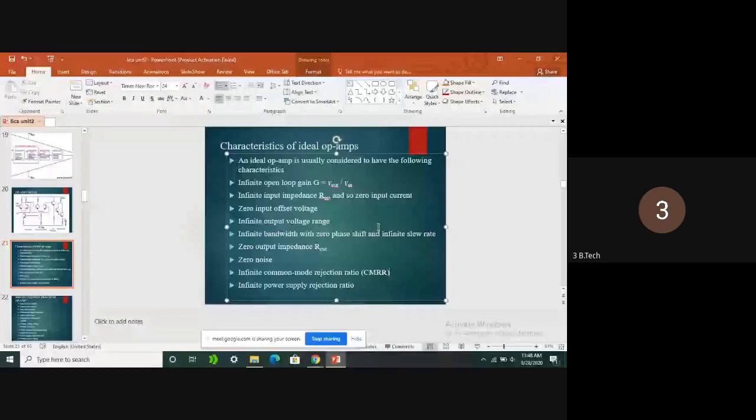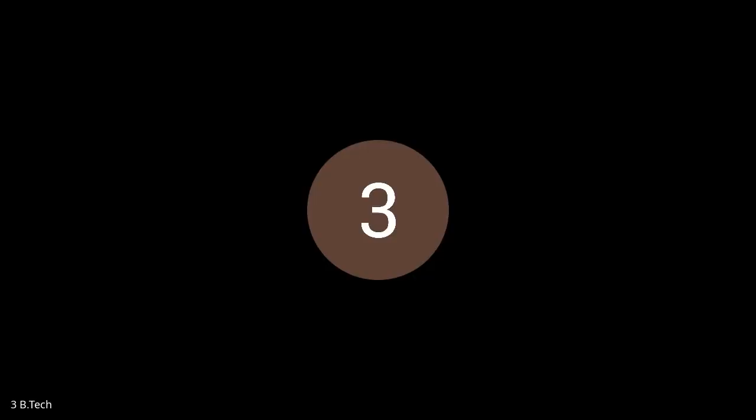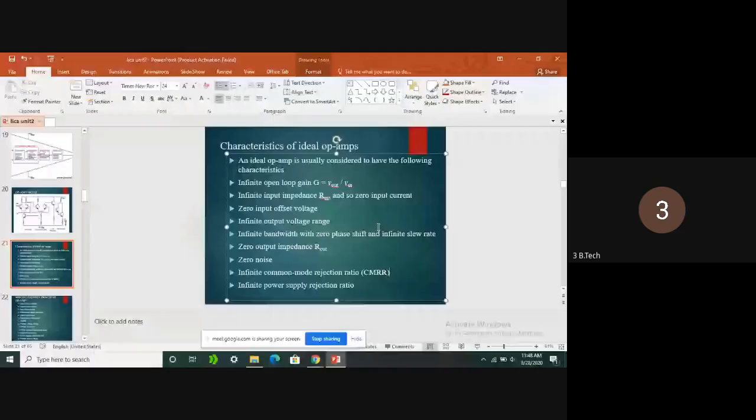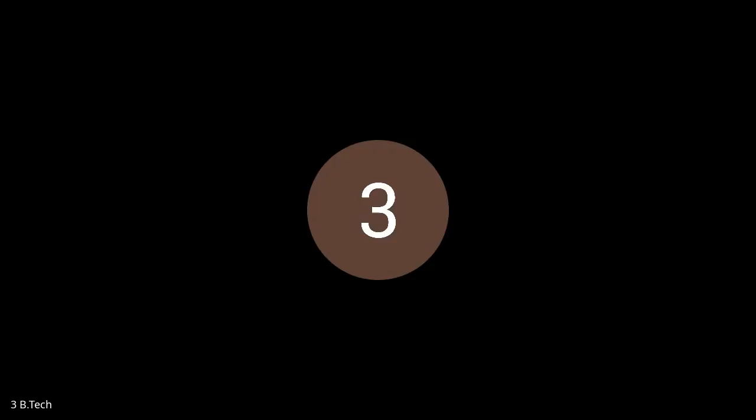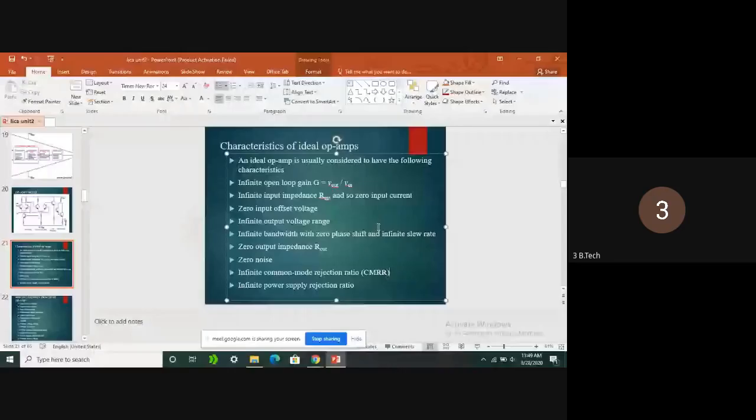If they ask a question for a particular characteristic, that is, explain about infinite open loop gain, then we need to explain like this. Open loop gain, in the sense, if you are not providing any input, then only it can provide the output. So this should be infinite for the particular concept. Like the way, for each and every characteristic we are able to explain.